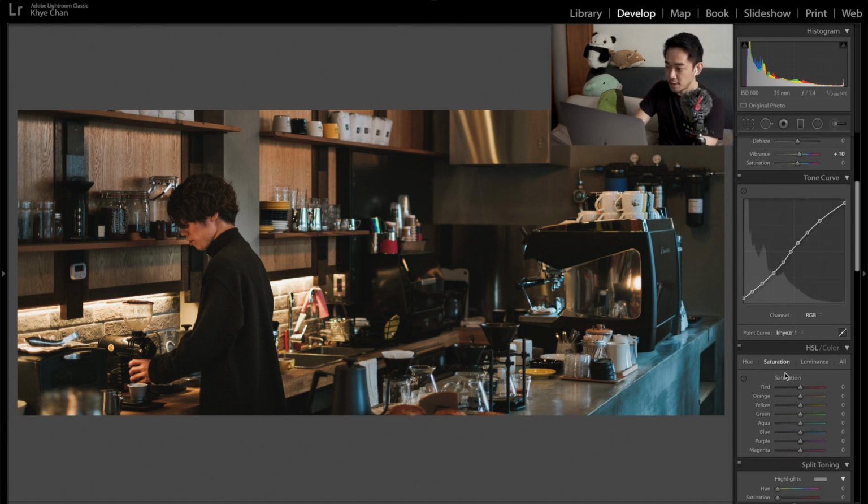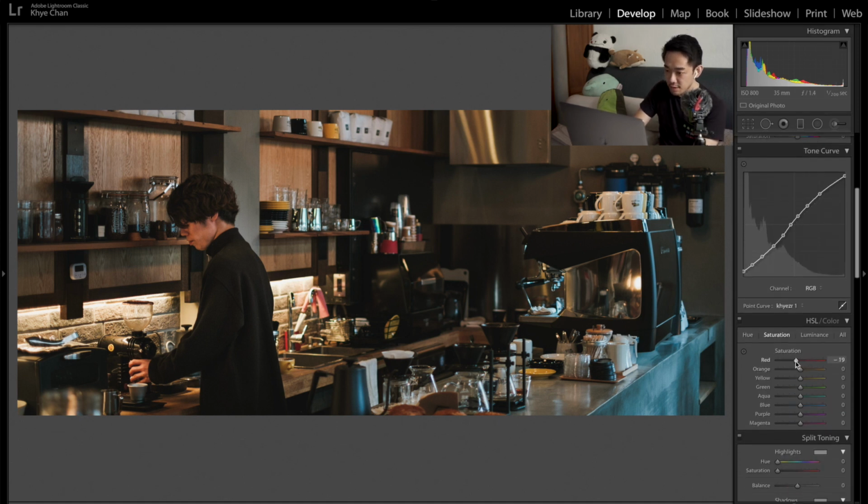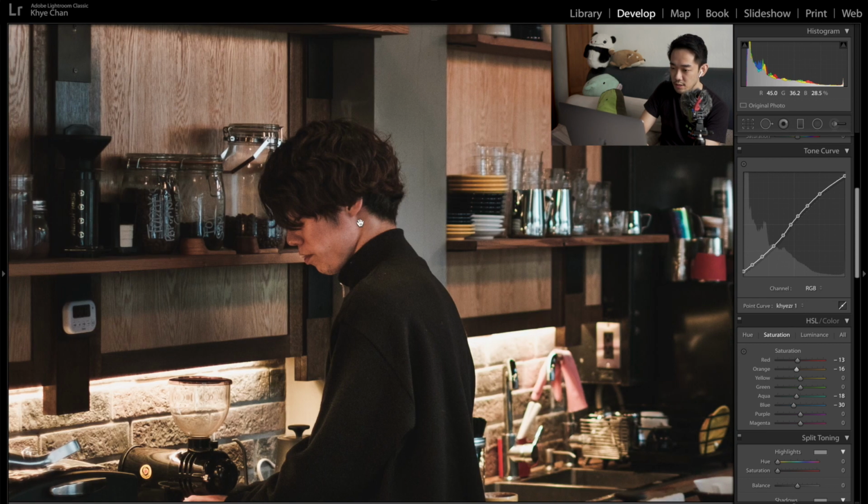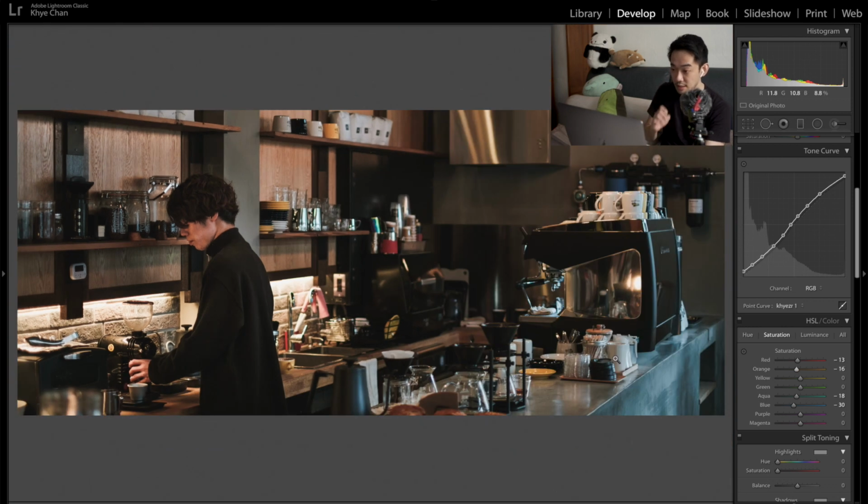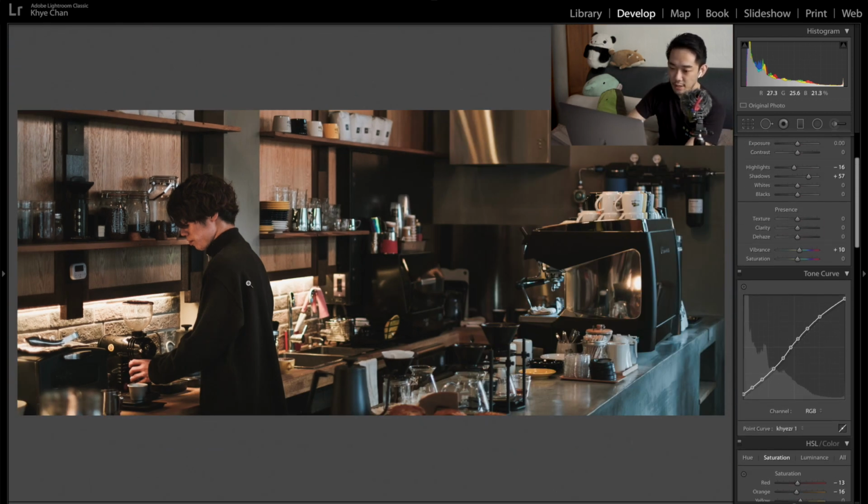It's a good time to go to the HSL now. Bring down the reds a little bit, bring out the oranges and the luminance, because skin color is orange, right? So with the oranges, as you can see, I'm watching the skin tones here, and I feel that minus 17 will be too saturated. It looks like the life is being sucked out of him. So about minus 16 is good. In my opinion, I still feel that